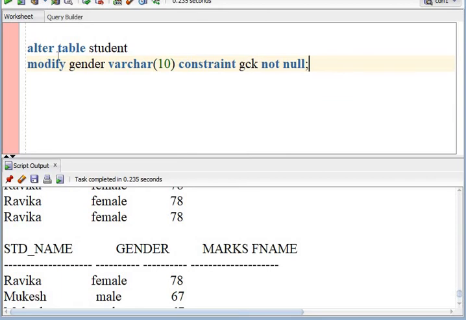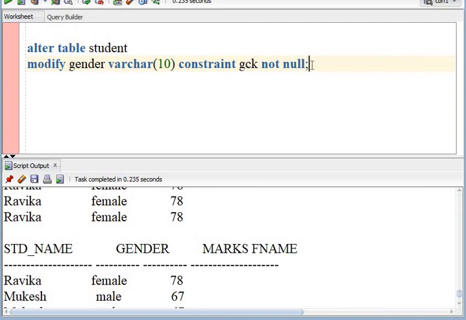So if we want to identify the constraints by unique names, then we must use this constraint keyword before the constraint name, and we need to give some identification to that constraint. Like here, the not null constraint on this gender column will be identified by this GCK. Okay.